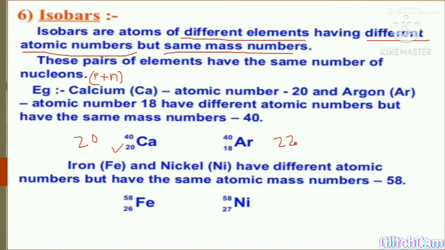But the sum of protons and neutrons, as it is written here, that is nucleons, will remain the same and hence their mass number is the same. So you can make a table like you already discussed earlier. As you discussed the table for isotopes, you can make a similar table for isobars, and you can make their Bohr models. That will make it easy for you to identify the number of electrons, protons and neutrons. The same happened in the case of iron.